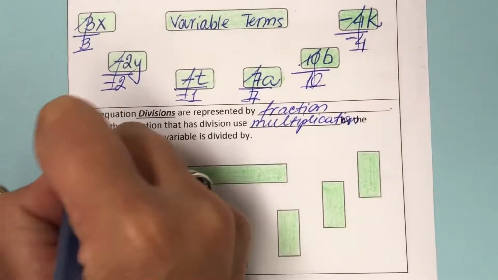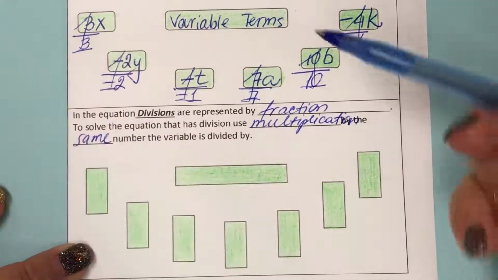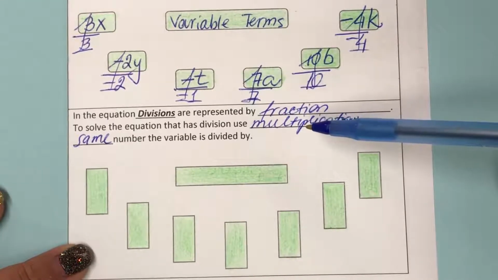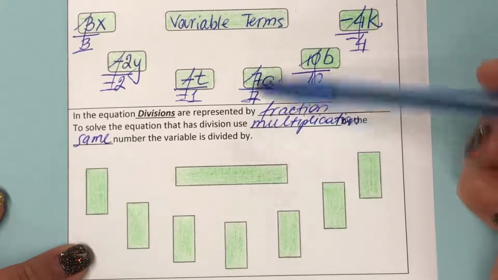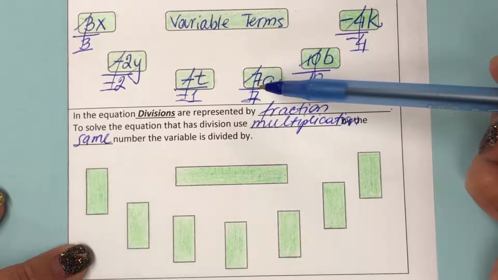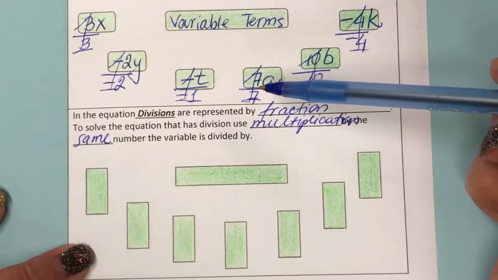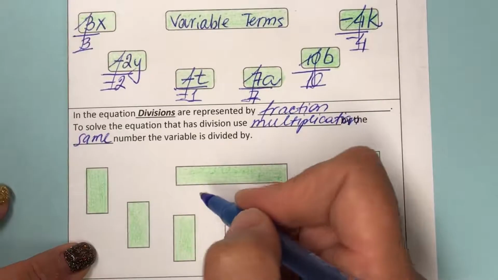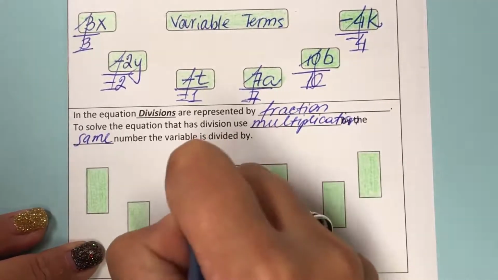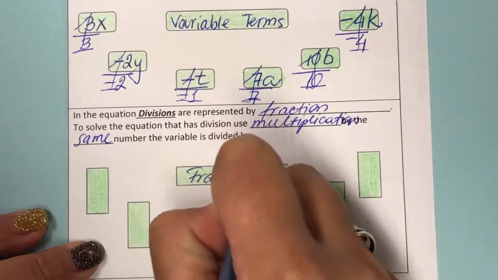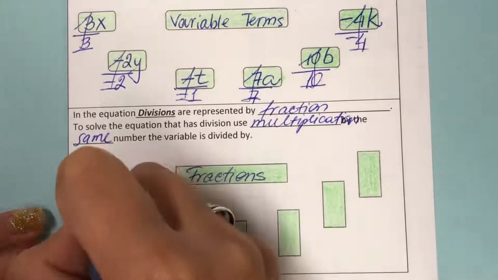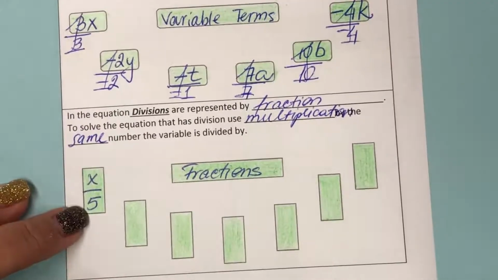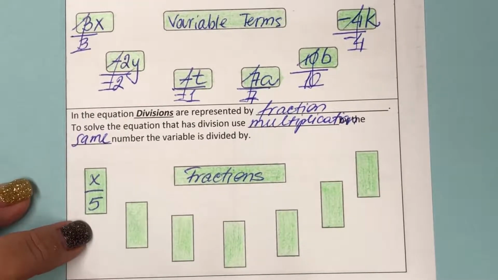And it is important to use the same number as well. So for the variable terms of multiplications, we use division, and for divisions or the fractions, we use multiplication. So I color-coded them with green because they are very similar in a way, and multiplication and division are inverse operations. So we're going to use our fractions here,